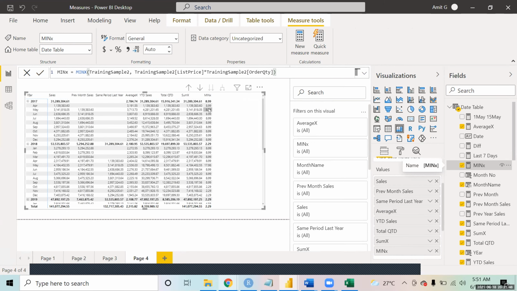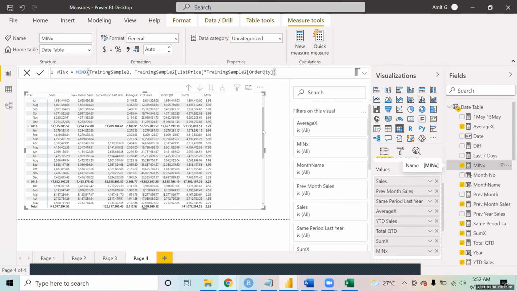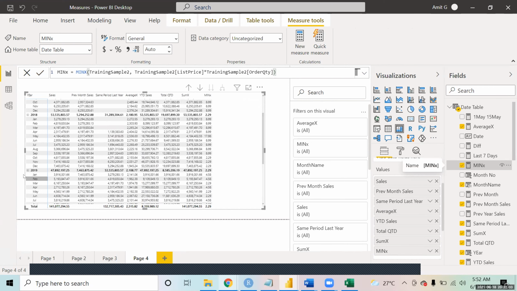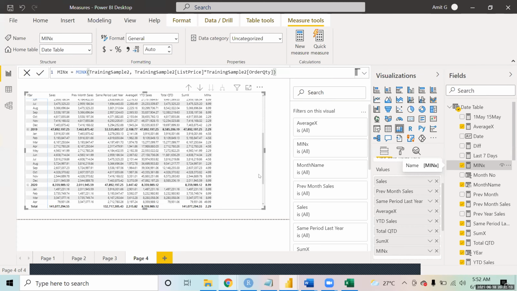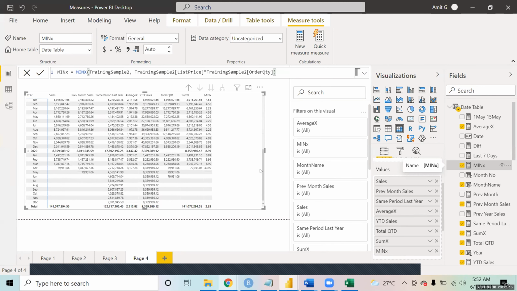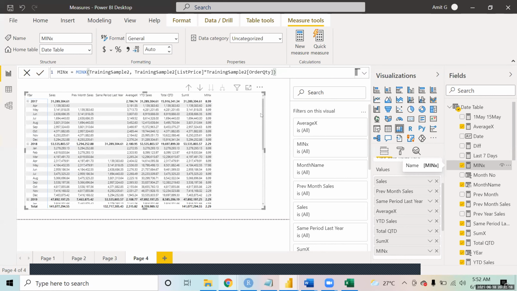If you see, $8.99 would be the lowest price in these months. And over here it is 2.29. Whatever is the minimum price that you're getting is listed over here. In the month of Jan, the smallest price was 4.56. In Feb, it was 2.29. So whatever was the lowest sales value in the months, we can see. Because I got the same value for the whole of 2017, I got confused.